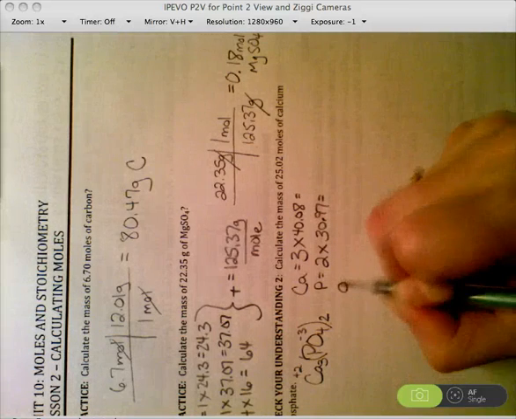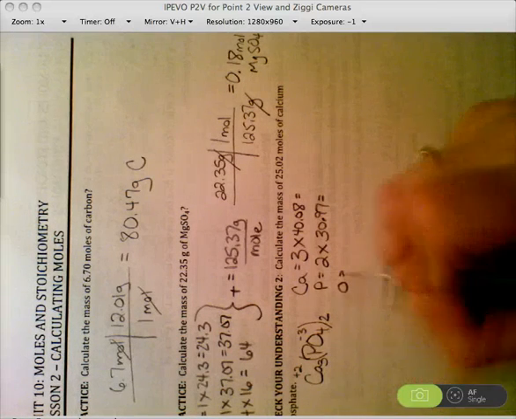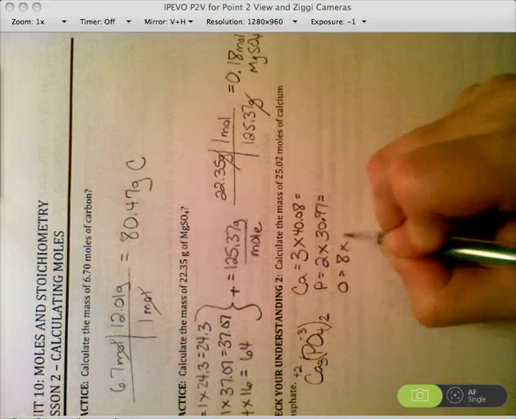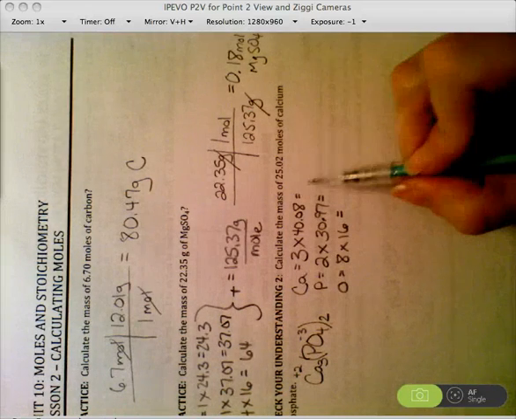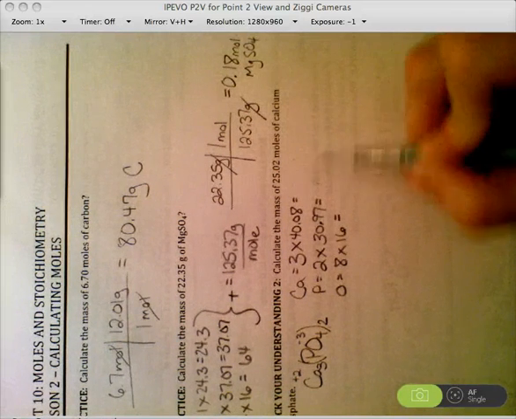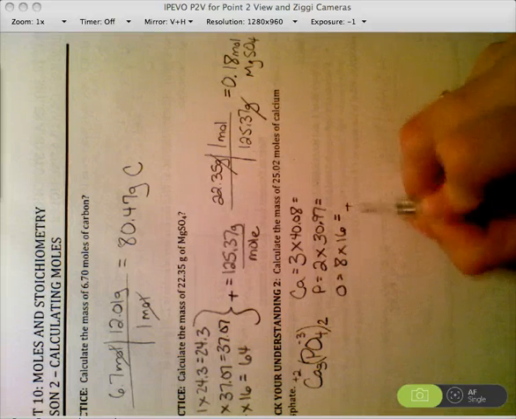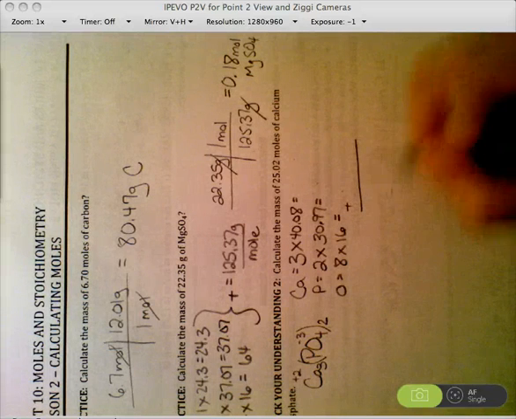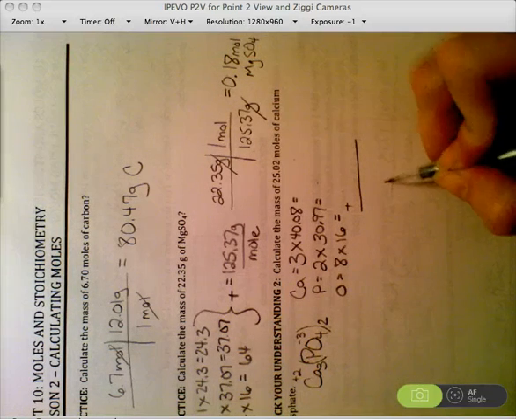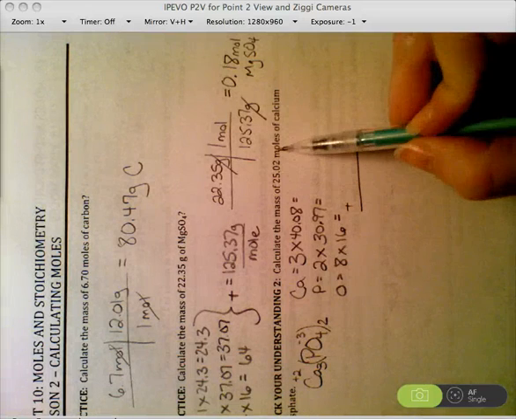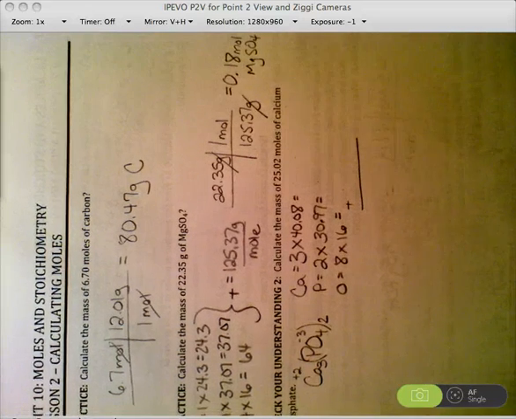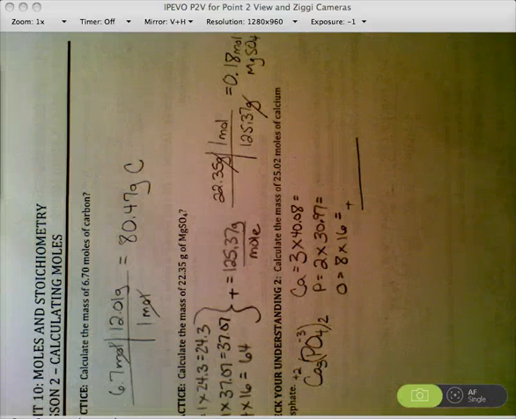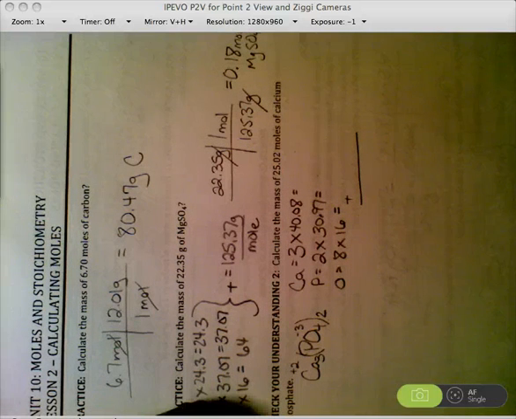And oxygen, which is 4 times 2, which is 8 oxygens, times 16, which is the mass of oxygen. So we'll find out how much each of these are, and then we'll add them up to get my molar mass. This number here we'll then use to figure out, if I have this many moles, how many grams would that be? So I will let you go from here, and if you have questions, be sure to ask in